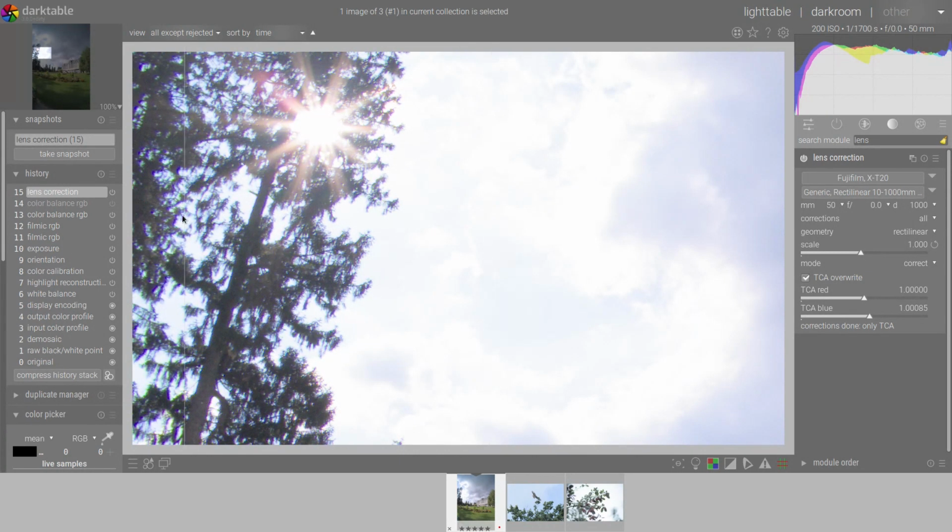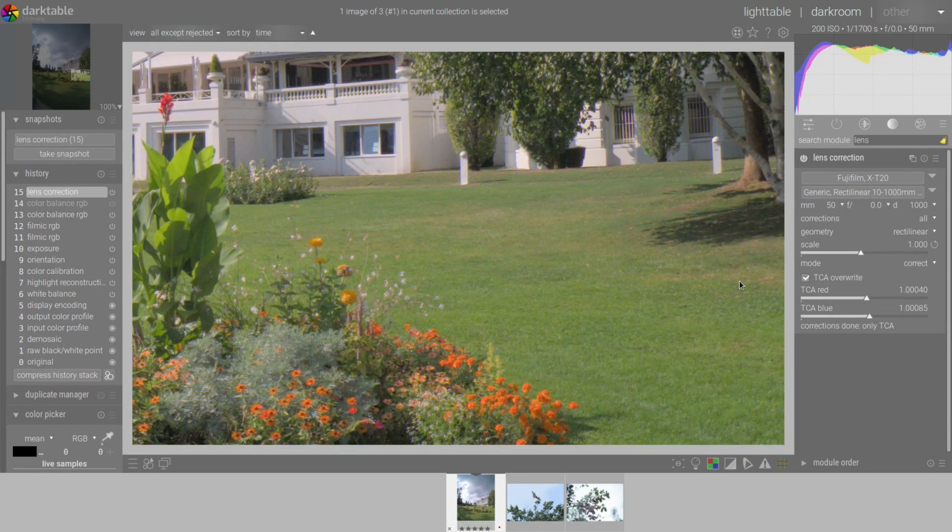Here you see that we reduced the chromatic aberrations, and we can try to improve a bit the result also with the other slider, depending on the image. One of them may be more effective, or none of them may be effective. It's sometimes the case, depending on the type of the chromatic aberrations. Well, I'm quite happy with the result like this. And I will check in other parts of the image if I didn't create chromatic aberrations.